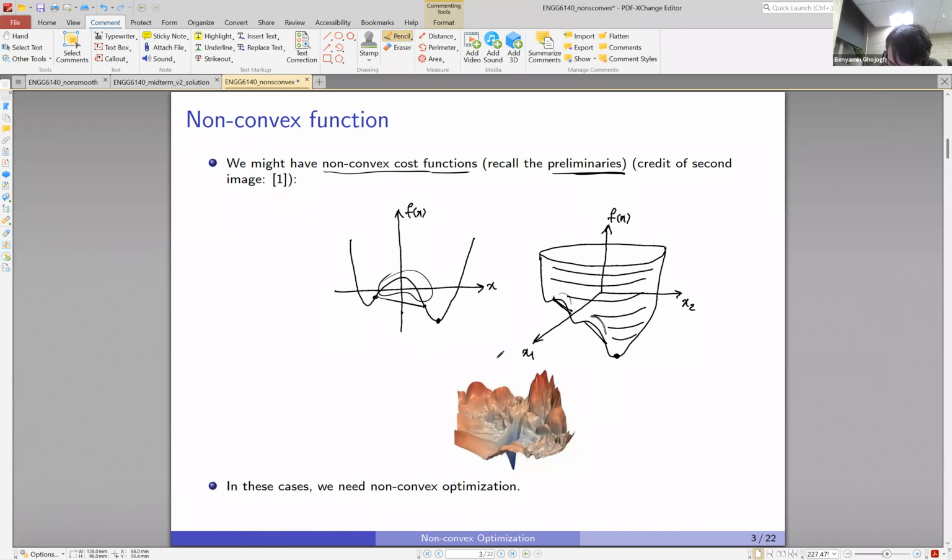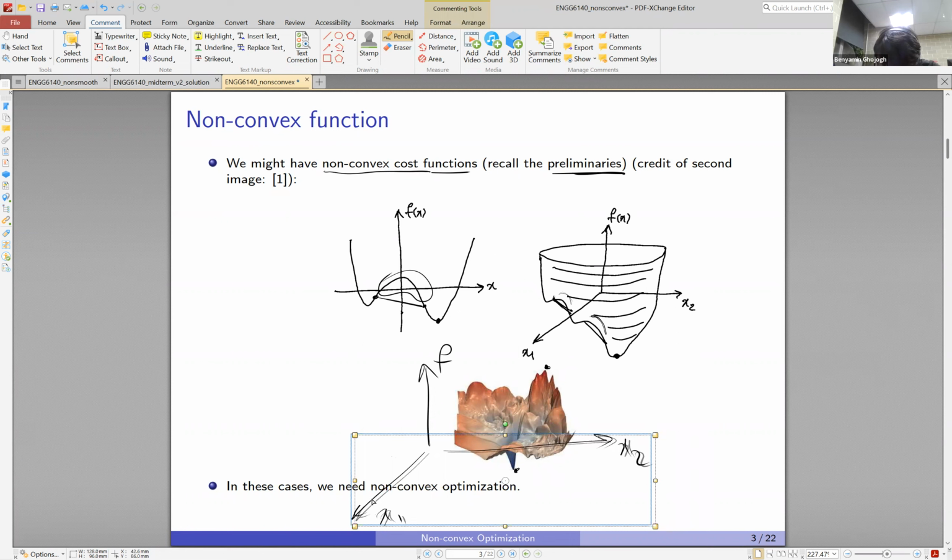So again, here this is the cost of f, and for example, here we'll have x1 and x2. So we have 2 variables in this figure, and the third dimension is showing the cost value. So, if we want to minimize that, we want to find this point, which has the lowest cost value. If we want to maximize it, we want to find this point, which has the largest function value. And for these cases, we need non-convex optimization, because convex optimization assumes that the function and the cost